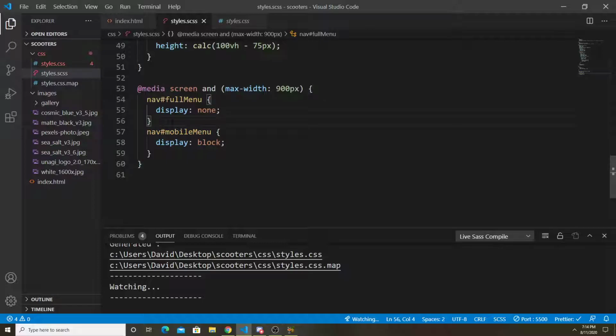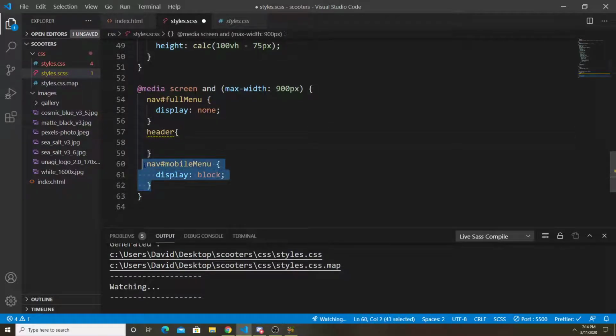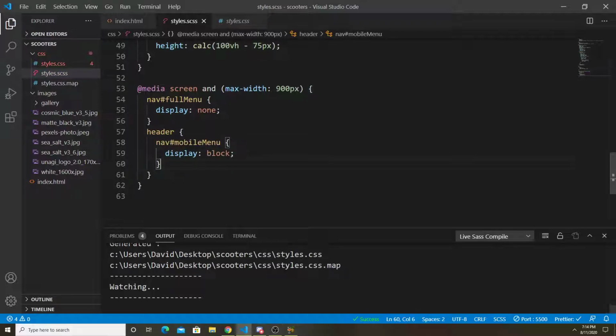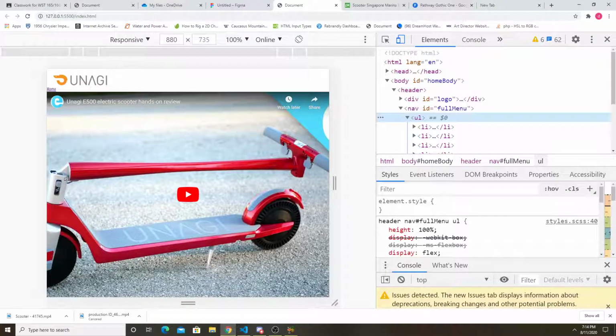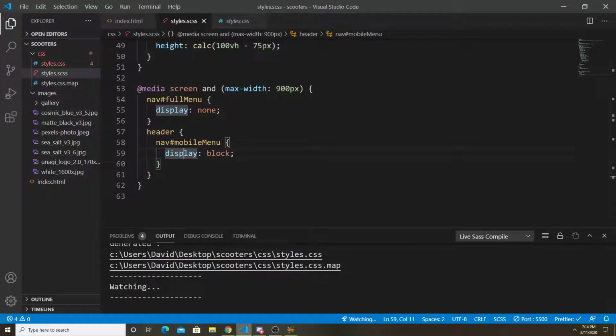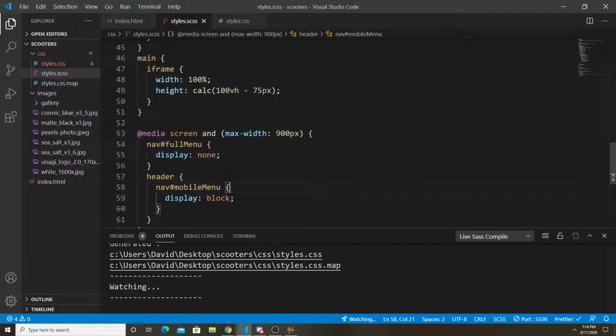So here I just have to add header and put this inside. So it's just as specific as the other one. Otherwise, the other one's going to override this. Okay, so now it shows up, except it's going to be under the video. So we got to bring it to this side, make it bigger, and have it cover the video. We could bring it in front by, I guess,